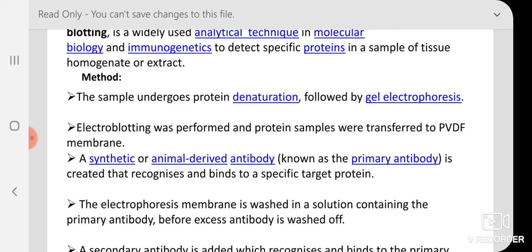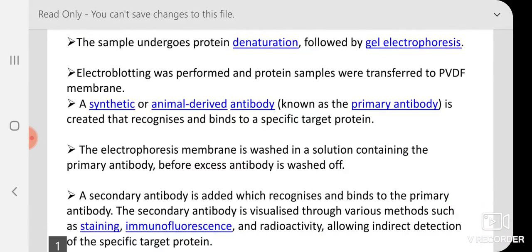So the first one is gel electrophoresis, what we are mentioning here, SDS-PAGE, which I have discussed already. When you are running an SDS-PAGE, you are denaturing your sample. So the protein here is only separated on the basis of its molecular weight. The charge is all negative because you are treating with SDS. You are adding beta-mercaptoethanol and you are heat denaturing the protein. So it is completely negatively charged and it is only separated based on its molecular weight in SDS-PAGE gel electrophoresis.